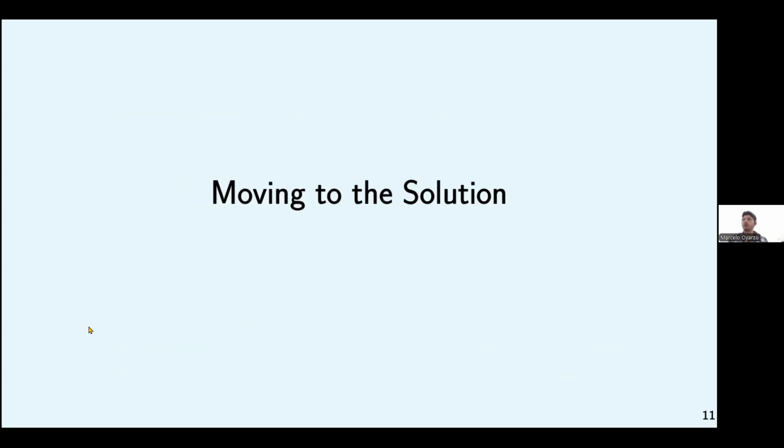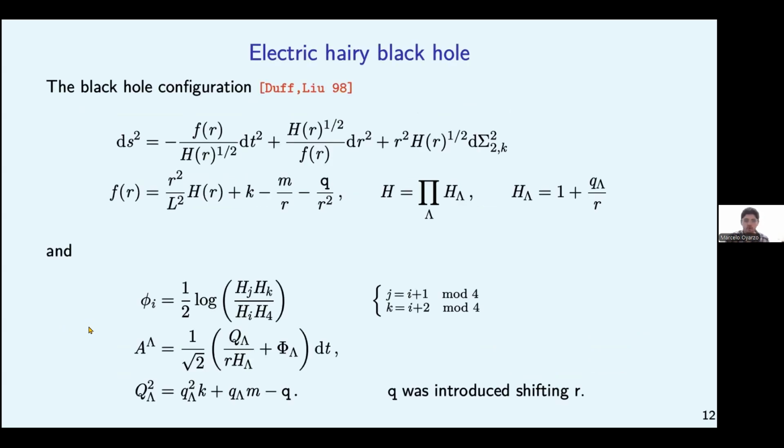Okay, so now I will move to the work that we are doing with Andres and Mario and Stefano, that is regarding stability of these kind of black holes. In particular, I will concentrate on the Duff and Liu. So let's start with the electric case. So the gauge fields are only electric here. And there is an integration constant, which is small m here. There are some other integration constants, small q lambda, that are constants entering these harmonic functions.